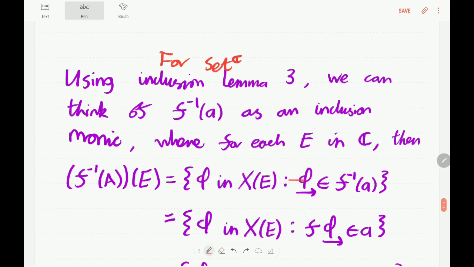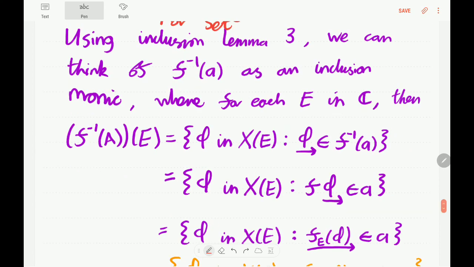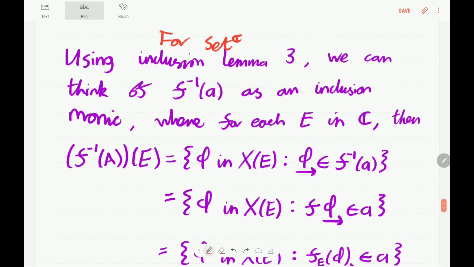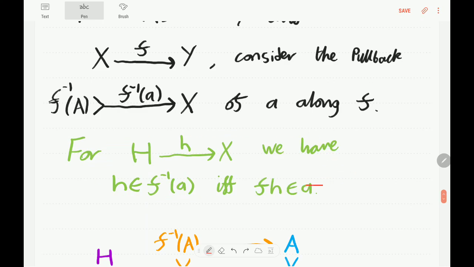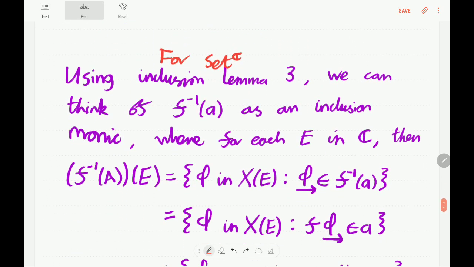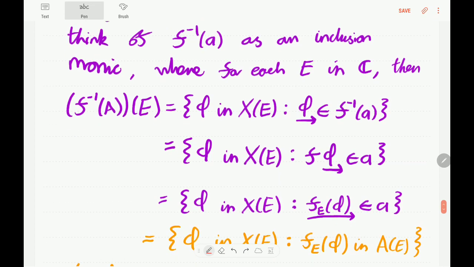Okay, that's just a direct application of inclusion lemma 3. But then we already know that phi under arrow is going to be in f to the minus 1 of A if and only if f after phi under arrow is in A. We have this from this green result here. Okay, so we can rewrite this like this, and then we can apply our natural lemma to rewrite this as